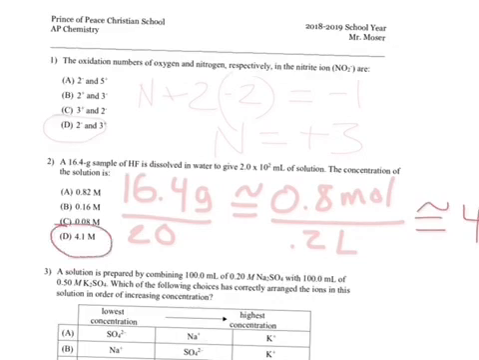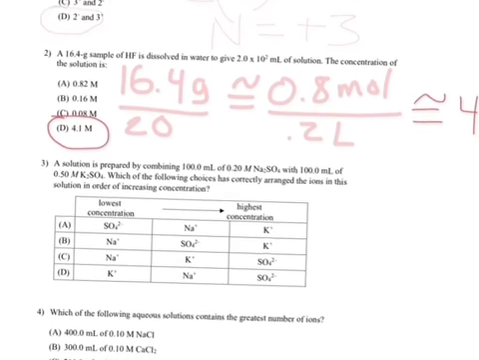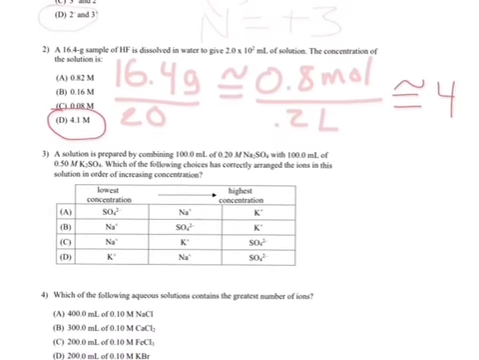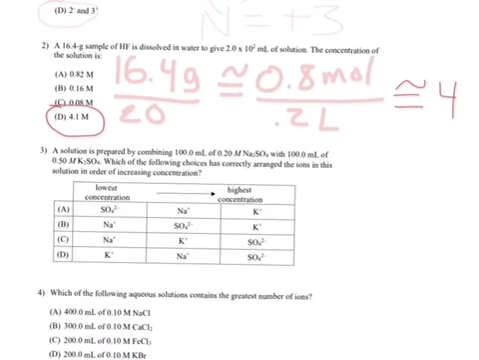All right, we move on to the next one. Number 3, a solution is prepared by combining 100 milliliters of 0.2 molar sodium sulfate with 100 milliliters of half molar potassium sulfate. We want to arrange these ions in order of increasing concentration. When we look at this one right here, we're going to end up with 100 millimoles of potassium and 50 millimoles of